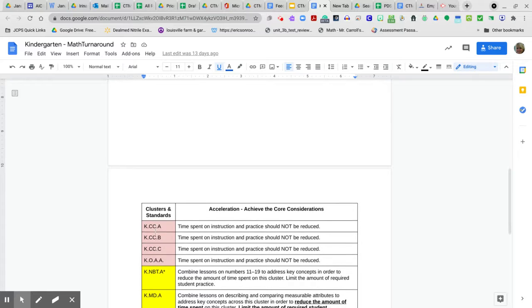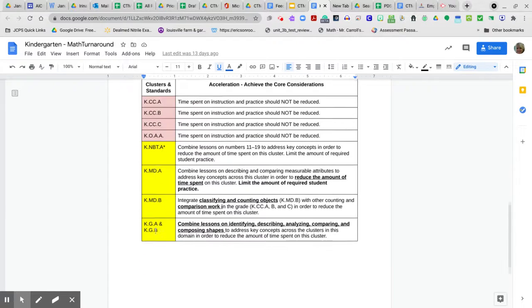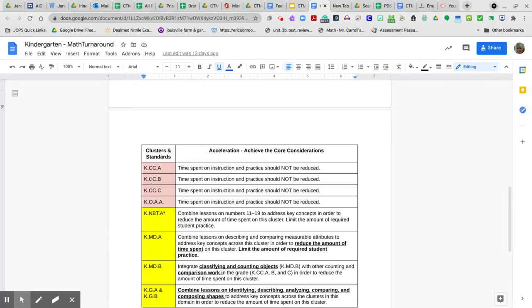Underneath that are the standards themselves. And there'll be clusters and standards, and they're color-coded. Remember, the red are the priority standards, and the yellow are the supporting standards. And you're going to have some achieve the core and acceleration kind of language. You'll hear more about this from the district, but this is really good anecdotal information that you will need to strongly consider, especially when you're identifying your priority standards and